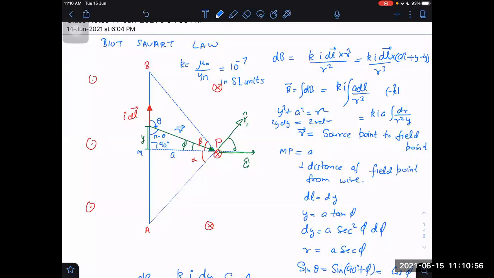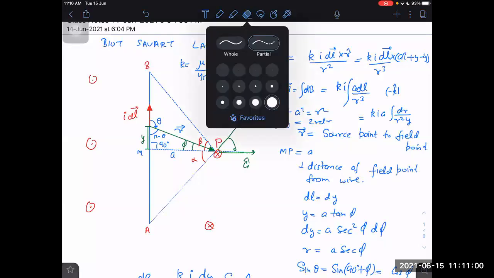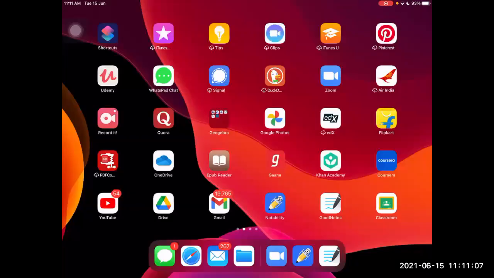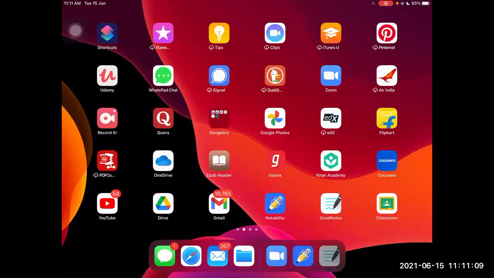Anyway, just a thought came and I thought maybe I should see whether it will be better or not. It is not better. That old method was only good. Or maybe I will try to modify it again to make it better. But let me now first start today's lecture only.